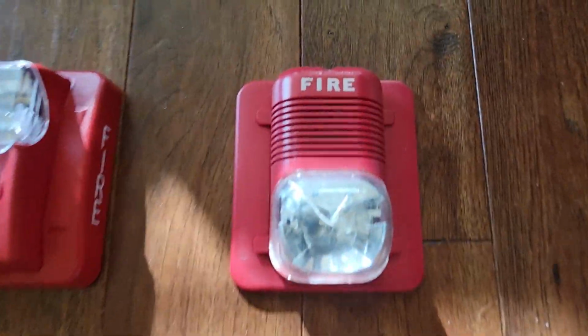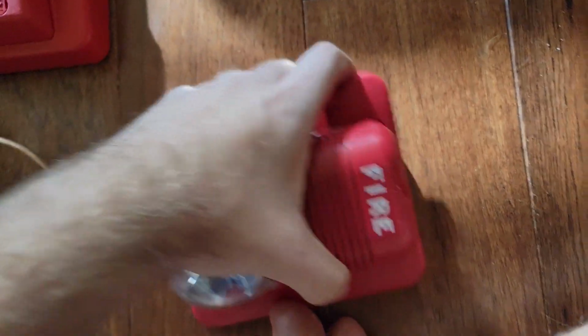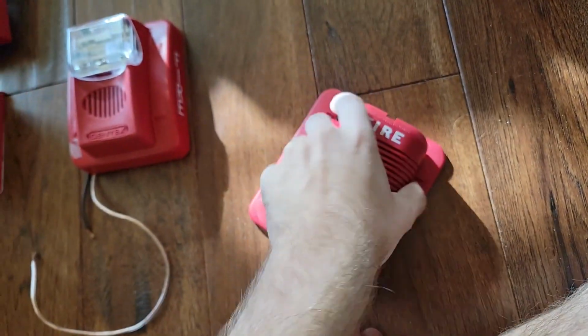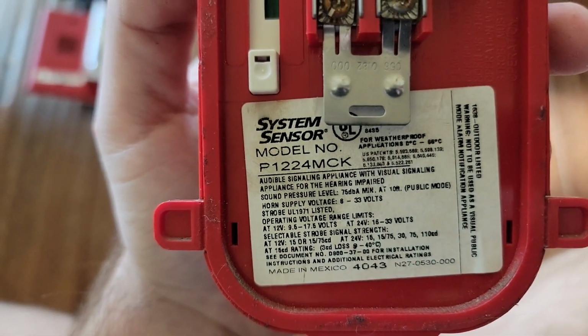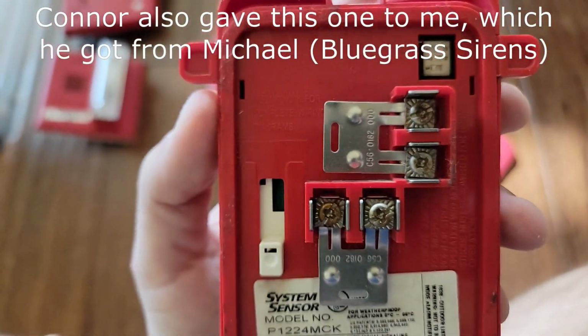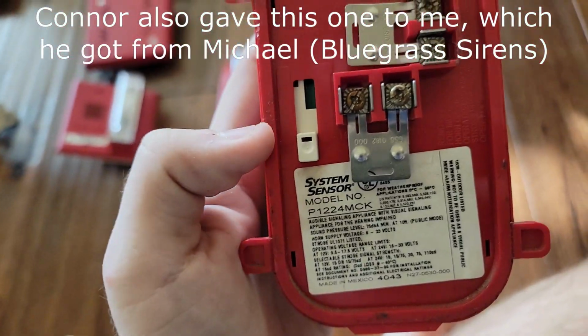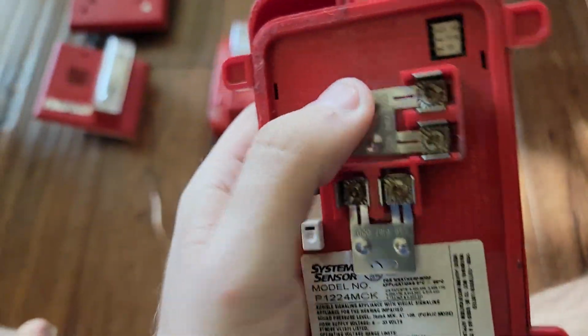And then finally, we've got a SpectraLoop Classic system sensor. I'll take the back cover off. It's a model P1224MCK. This one's also multi-candela. I think this is the candela switch. You've got the jumpers on it, and then that's the different